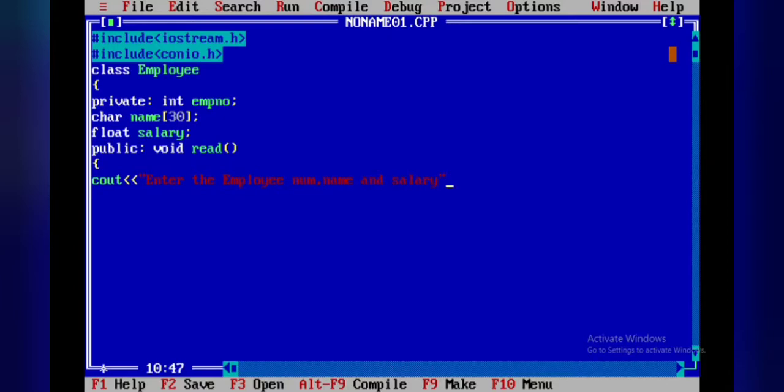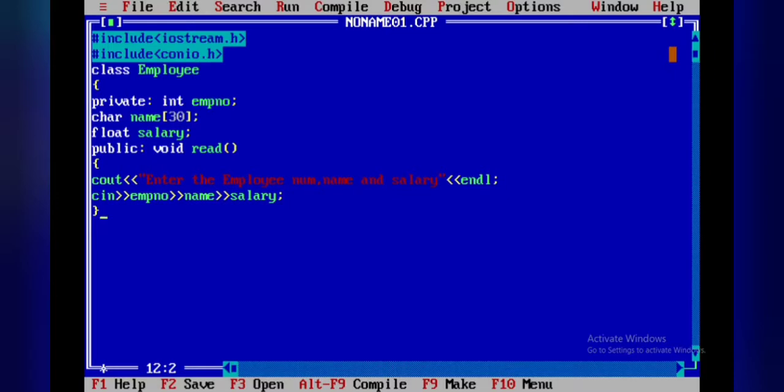I am taking everything in a single line. In cin I have to take employee number, then name, then salary. So this is regarding the void read member function.